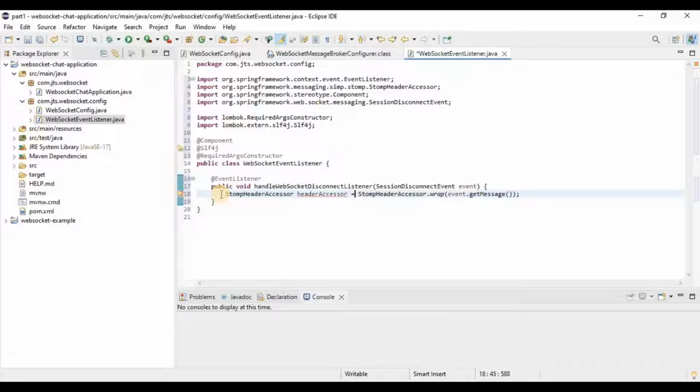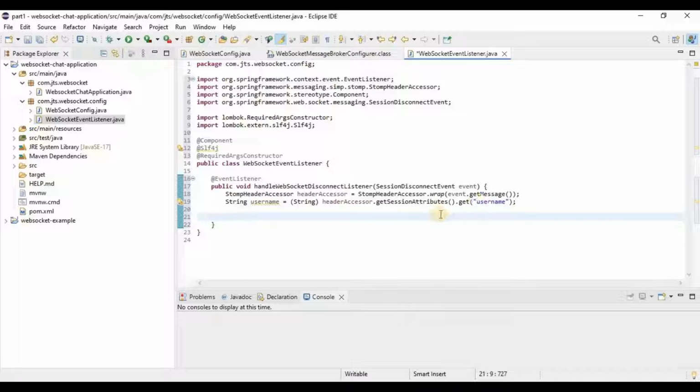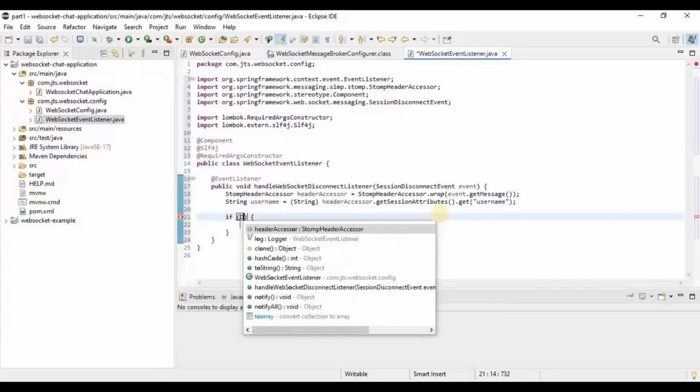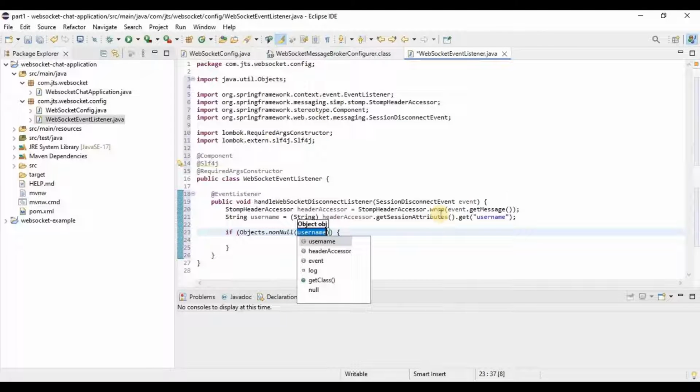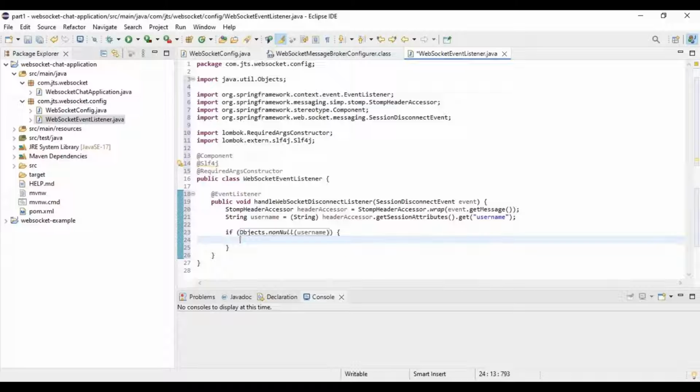After getting this one we can also get the username from this accessor. How are we going to get this one? Using this. It's actually returning an object, so that's why we need the casting. This username basically comes from what we are going to put into the HTML file. I will show you how we are going to get this username. Now here we will put a condition: if objects dot non null username,